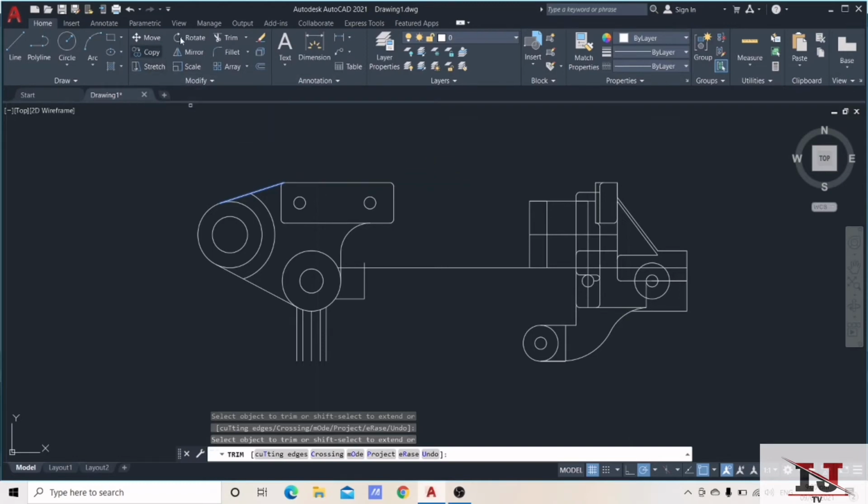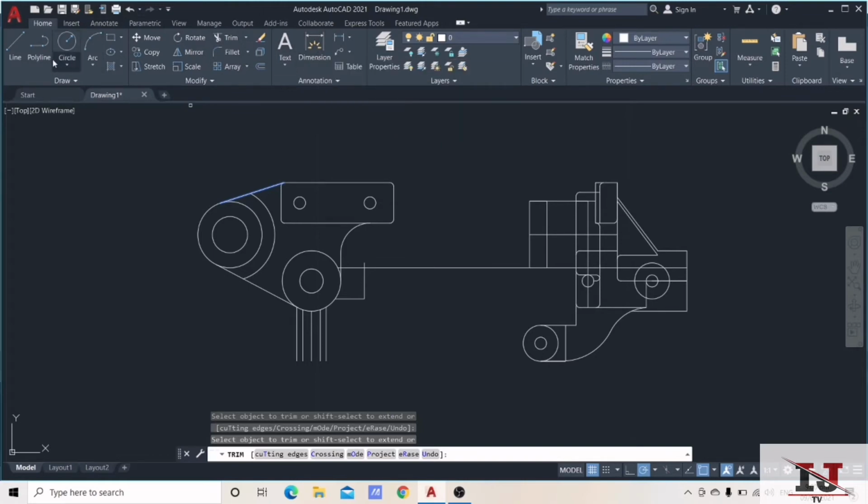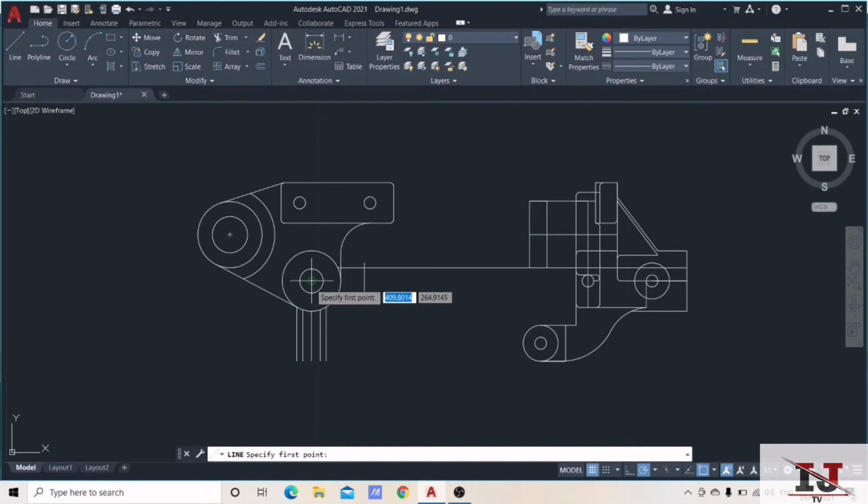The next thing that we're going to do is to make use of the layers, but let's create a line first. And here we're having the length of 3, and then with the radius of 82. Okay,